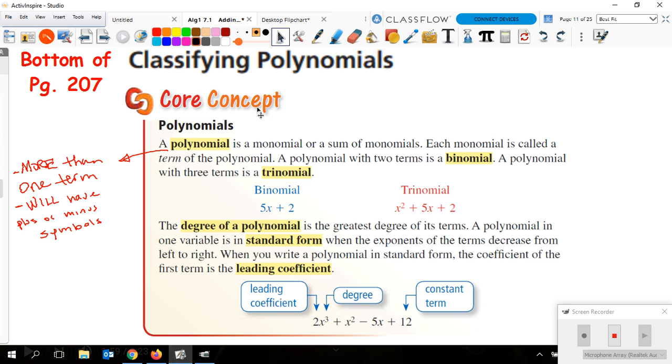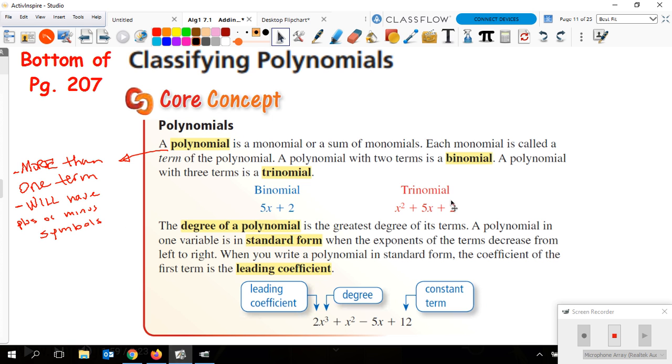Now, since you have a core concept with all of this in here, just go ahead and highlight them in the core concept. You don't need to write them all down. But what I would do here is write down this. For a polynomial, again, poly means many. So a polynomial typically does have more than one term in it and will have plus or minus symbols. The only time it doesn't is when it's a monomial, and so that's why we try to keep those separate. Monomials are just single terms. But if it's a polynomial, that means it could be a binomial, a trinomial, or it